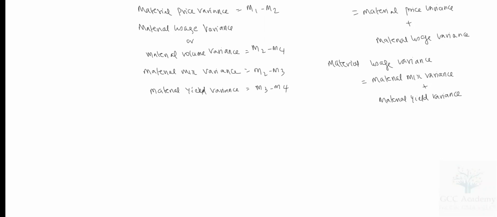Let us take up a problem to make you understand this so that it will be easy for you to follow. The standard cost of a certain chemical mixture is as under: 40% of material A at rupees 20 per ton and 60% of material B at rupees 30 per ton. A standard loss of 10% is expected in production. The following actual data is given for the period: 180 tons of material A at a cost of 18 per ton, 220 tons of material B at a cost of 34 per ton. The actual output produced is 364 tons. You are required to calculate material price variance, material mix variance, material yield variance, material cost variance, and material usage variance. So let us do this problem.